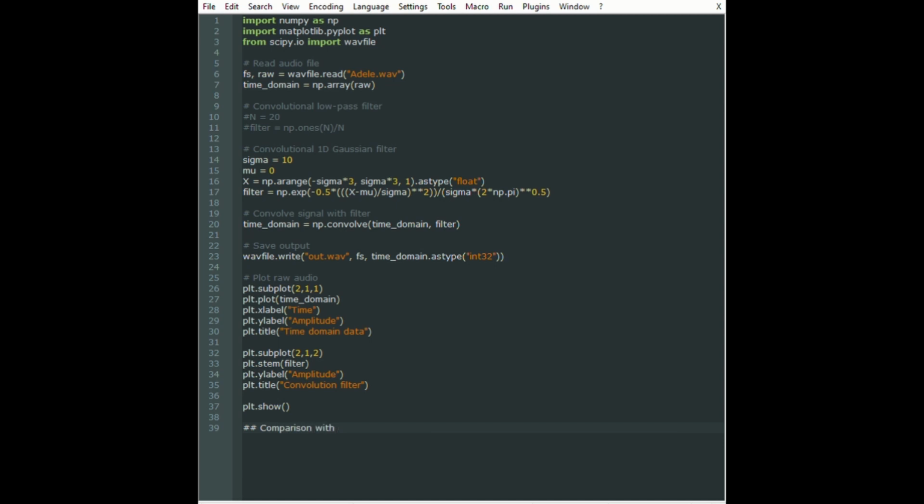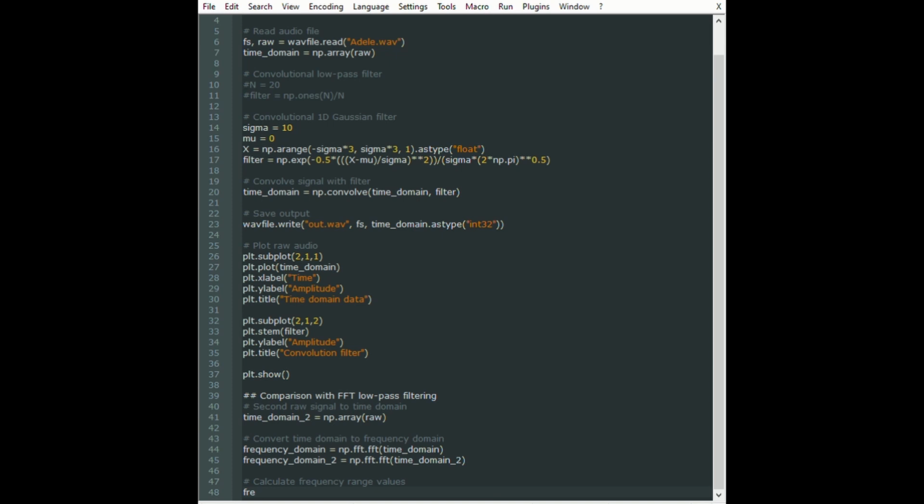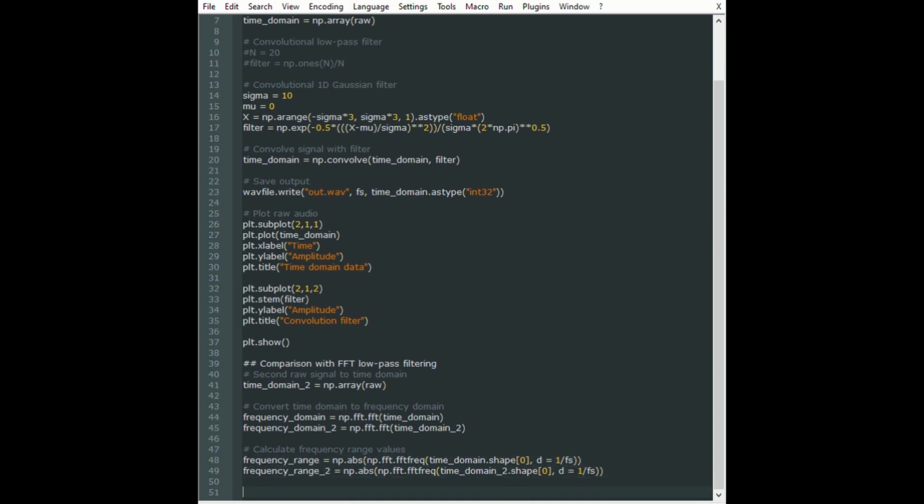Additionally, what we can do is we can take the data that we have gotten from the time domain convolutional filter, and we can compare it with our results that we got from our frequency domain filter. For that, we have to convert our time domain data that has been already filtered into frequency domain, just like we did last time, and I'll also add a frequency domain filter here just to compare the